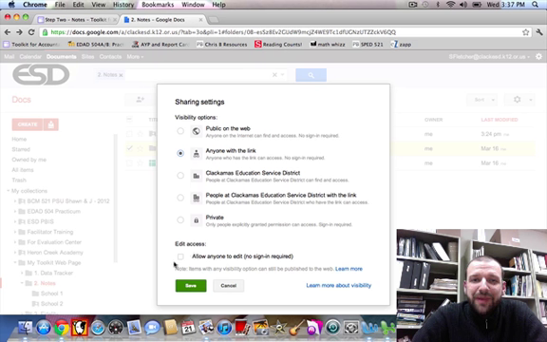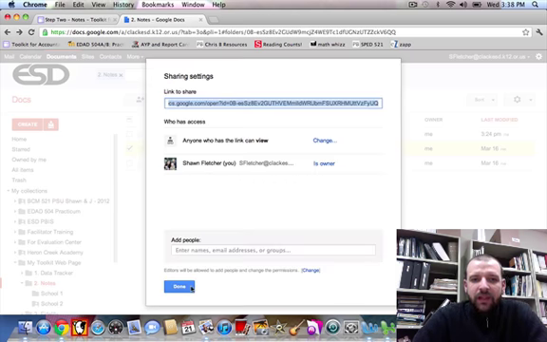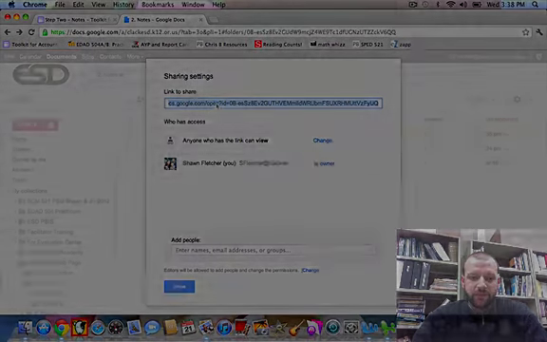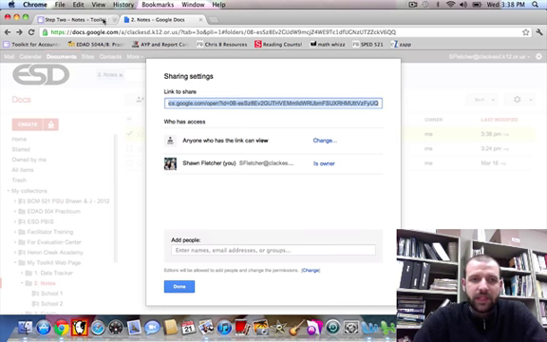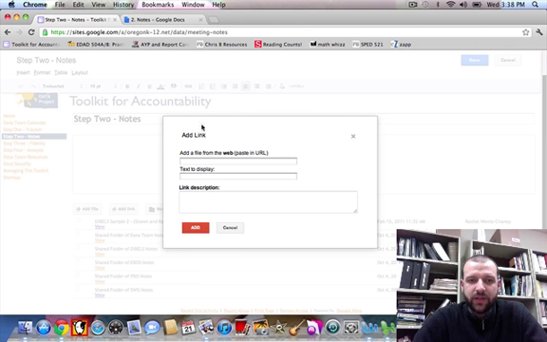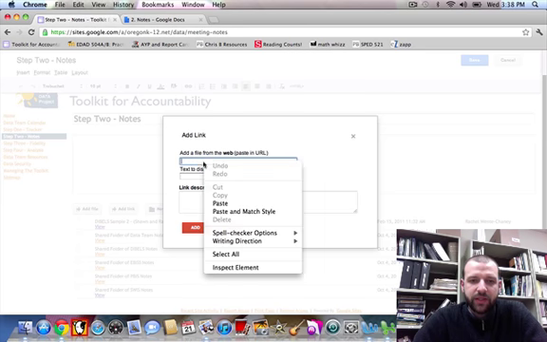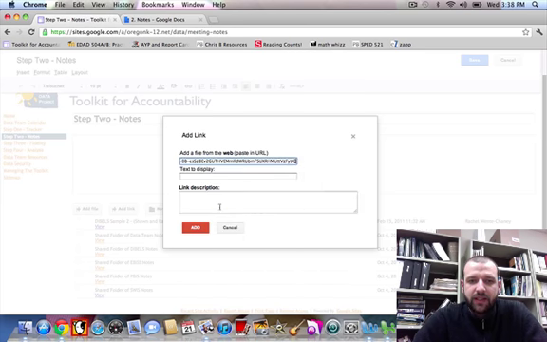And if you want people to be able to write on the notes from the web page, you'd click Allow anyone to edit. So once you change your share settings, you have a little thing here that is the link to that folder. We're going to copy this link, go back to our web page, and where it says add file from the web, paste URL, we're just going to paste that link right there,